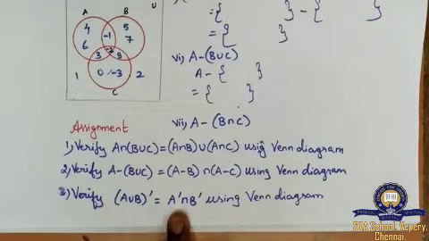So totally in exercise 1.5 we have 11 sums, children. Of the 11 sums, I have covered the first sum, fourth sum, ninth sum and 11th sum only, using the Venn diagram part. If you have any doubts, please feel free to contact me through my number. I'm available at any time. I hope you all understood this Venn diagram part.